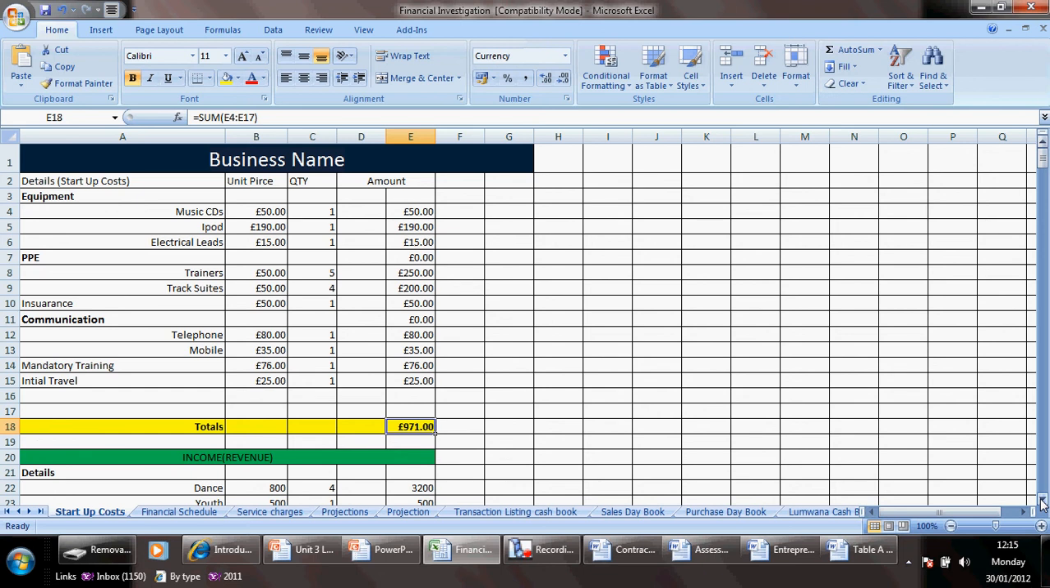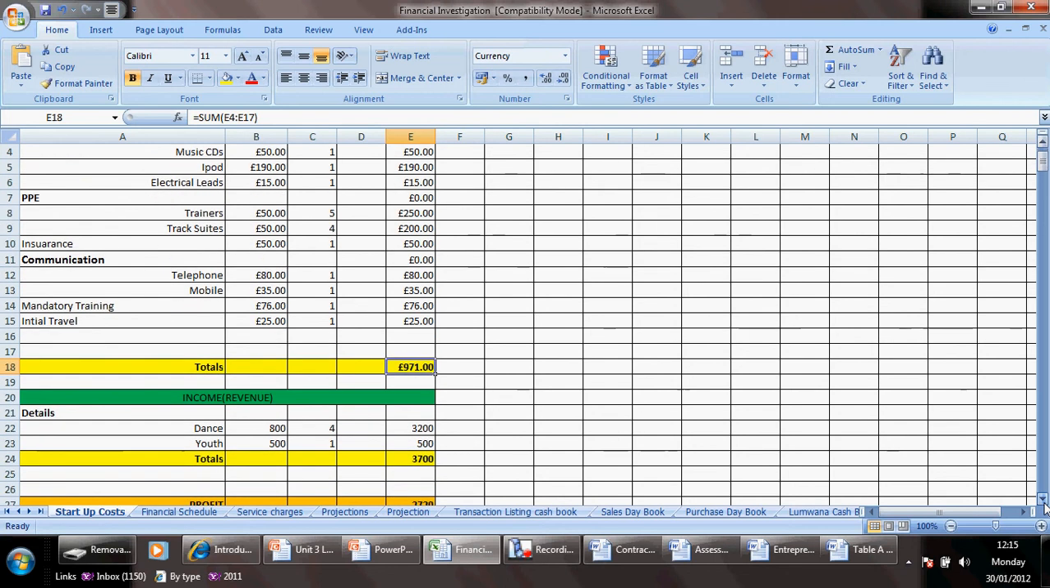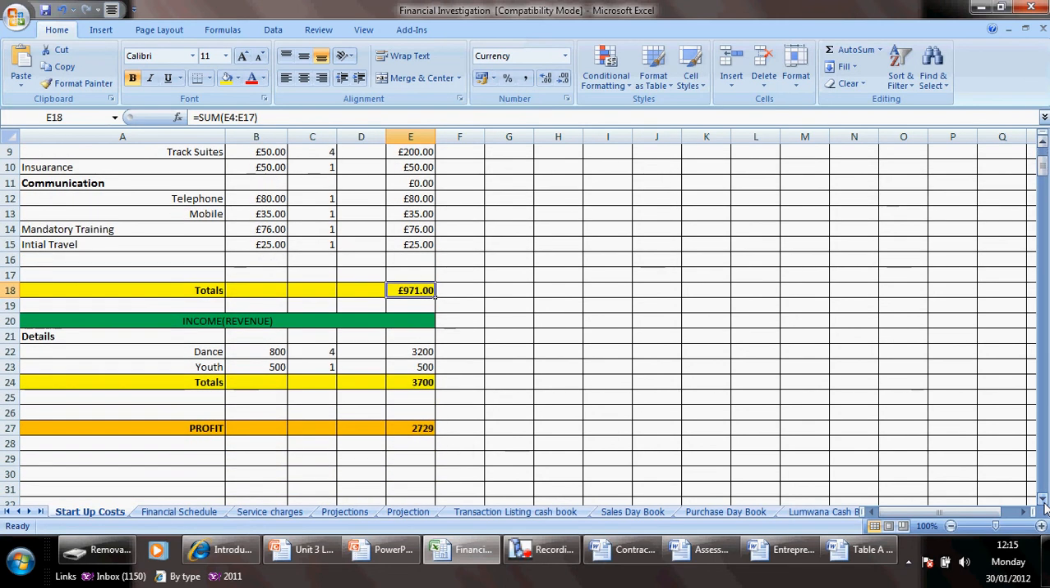Work out what you need to spend at the onset of the business. And some of these expenses can be one-off expenses. For example, equipment. You don't buy equipment every month. If you do, there's something wrong with the business. Once you do that, now work out